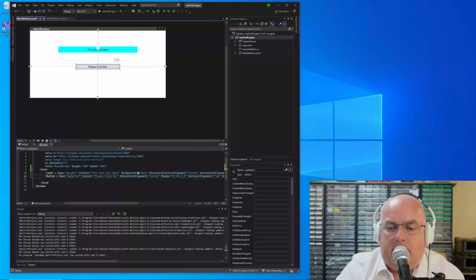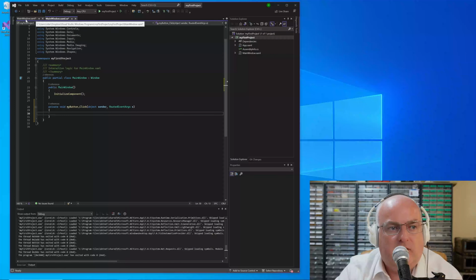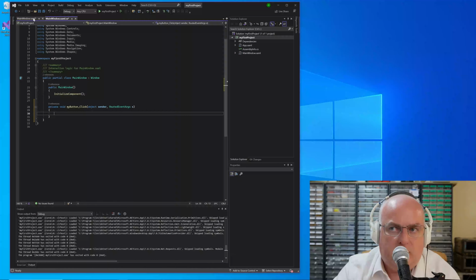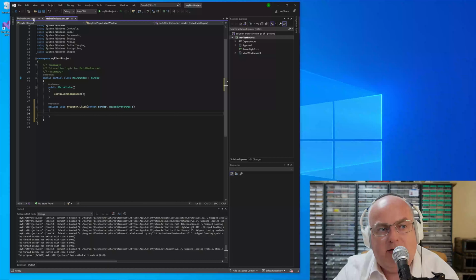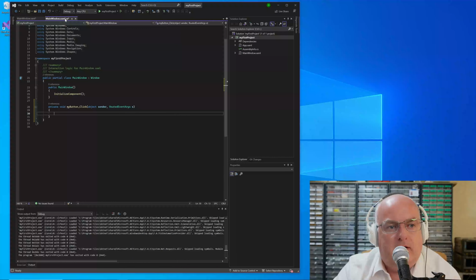Now we can fill this out. There's a whole long way around doing this, but there's a shortcut. If you see where it says click, this box to the right of it, if we double click in that box, it actually fills out. It's moved over into our code window now, where we've got some code. So we have the XAML, which defines what the user interface looks like, what controls we have and where they are on the window, and what initial properties they have. And then we also have the C# file, which is the code that defines the events and what we do with those